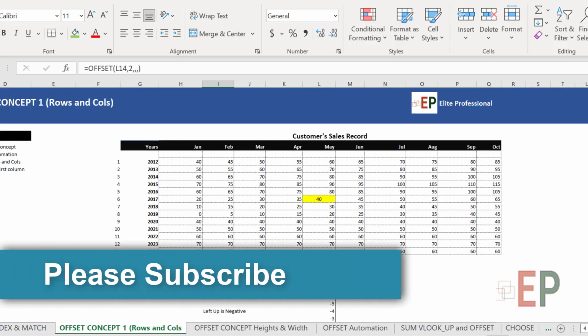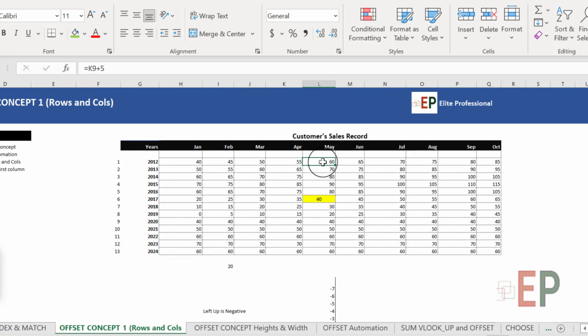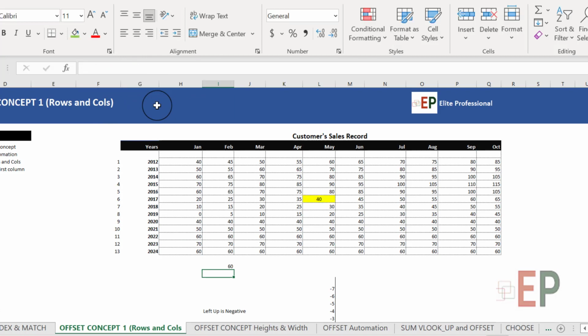Now, take for instance, let's say I want to move up and return item number 6, which is 60. How do I get item 60? I'm starting here. What do I do? I have to count. If I'm standing here, then this will be my first, minus 1, 2, 3, 4, 5. So that will be minus 5. I want the rows to move by minus 5. So I'm going to get